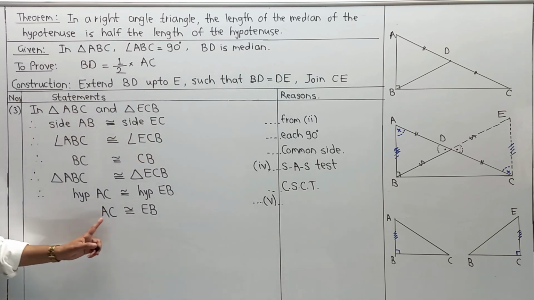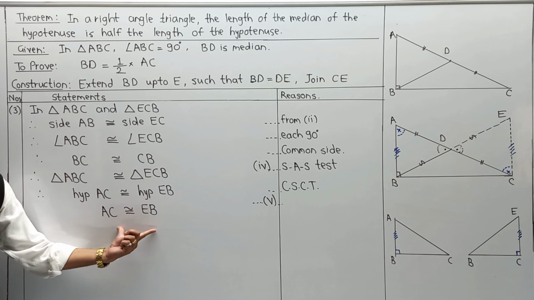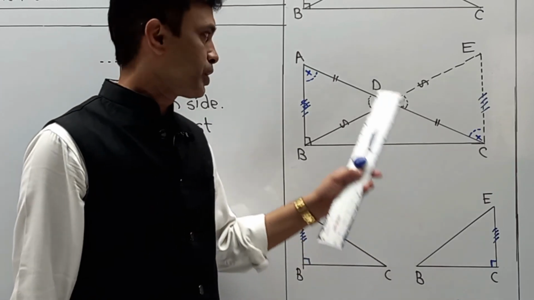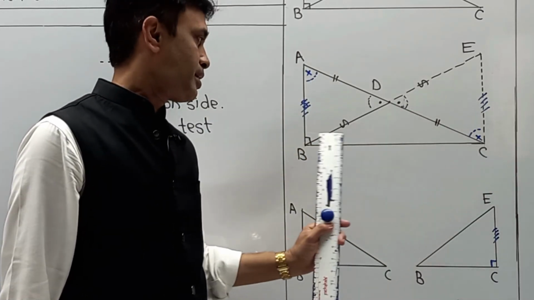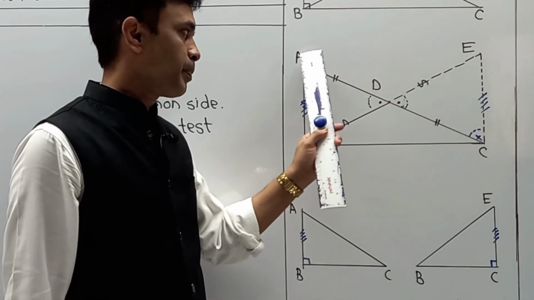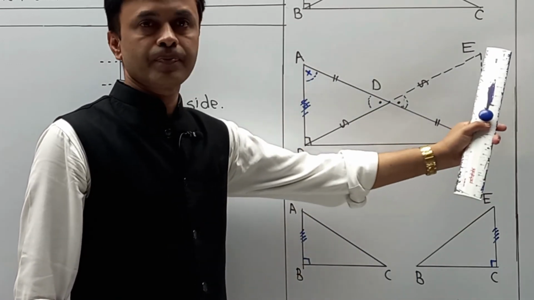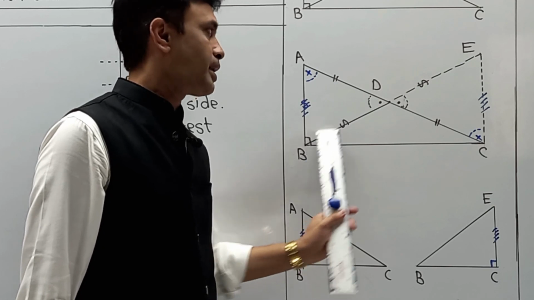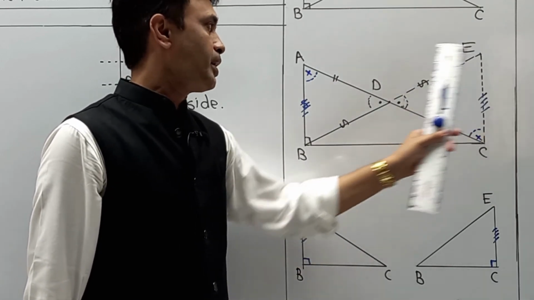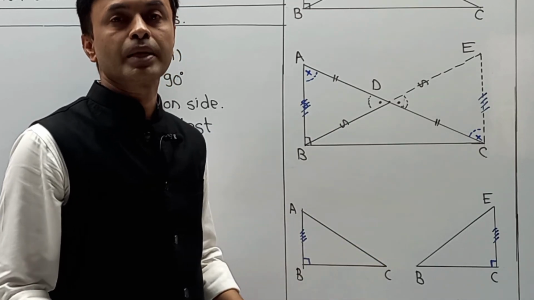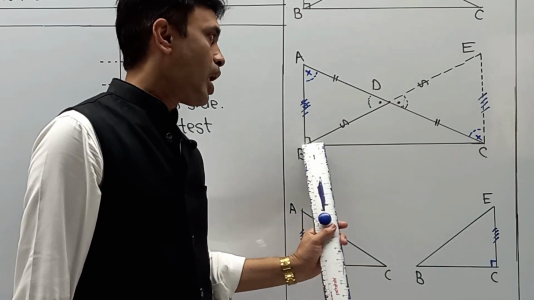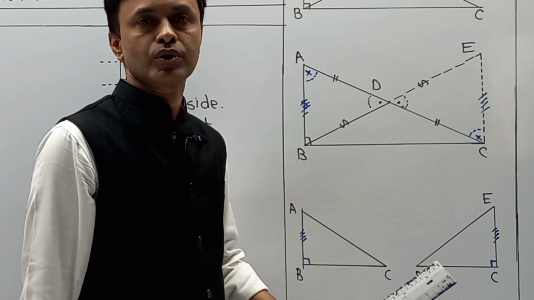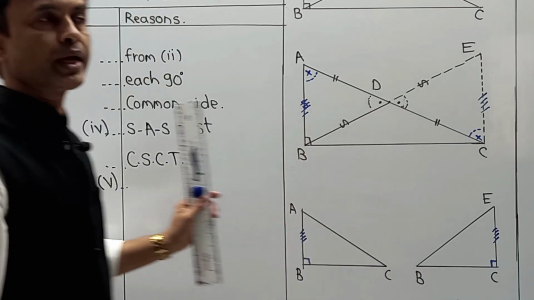Now coming to the part, as AC is equal to EB, now we are going to do a modification in this case. Once again try to understand the part over here in the diagram. Now we are able to get a conclusion. AC is equal to EB. I repeat, AC is equal to EB. Now I am going to do a slight modification. I am going to convert EB, writing it as BE. Which means you are getting BE equal to AC. Next I am going to multiply both sides by half. So half of BE means BD is equal to half of AC as usual. And in this way we are going to complete the part. So please pay attention over here.